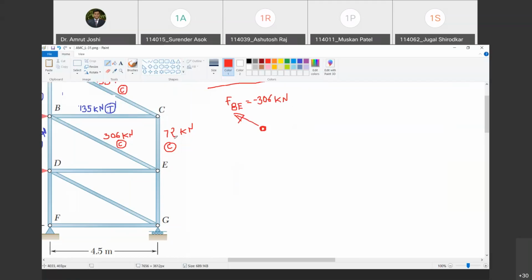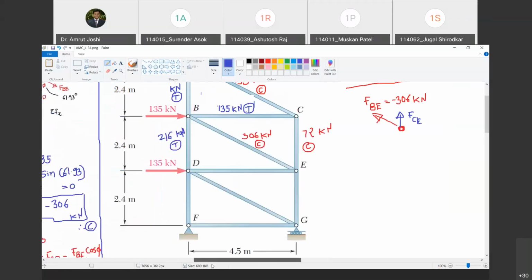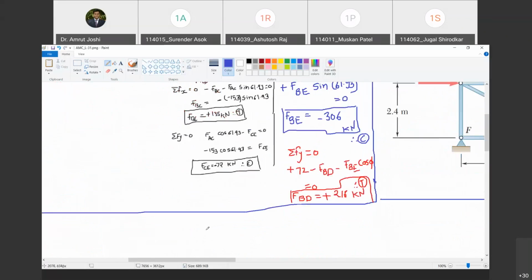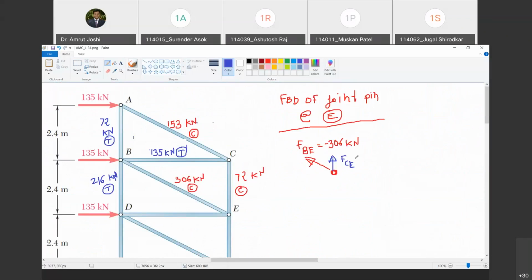Okay. Now we also have force in member CE. So I am going to show it as FCE. And what is its value? That also is negative. Where did we get it from? Look at this. FCE is minus 72 kilonewton. Do you agree with me? Yes, sir. You call it FCE or you can call it FEC. It doesn't make any difference. So this is equal to minus 72 kilonewton. Once again, I am stressing the point that we are going to show all the forces tensile in nature. If they have been proven to be compressive, we are going to simply mention the sign as negative.